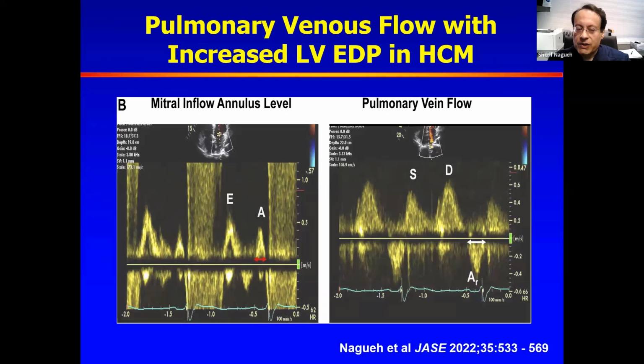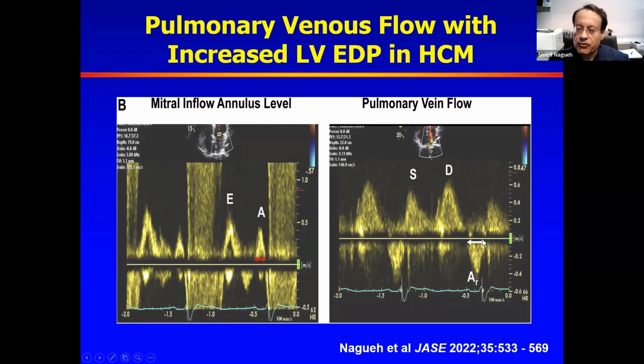Remember that increased late diastolic pressure and the 30 millimeters mercury end diastolic pressure in that previous pressure recording. These can be detected if you have a good sampling of the pulmonary veins, as you see in this case with the guidance of color Doppler. And you see this forward flow into the atrium from the vein during systole, diastole, as well as the backward